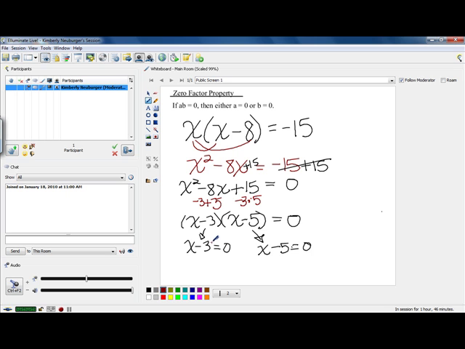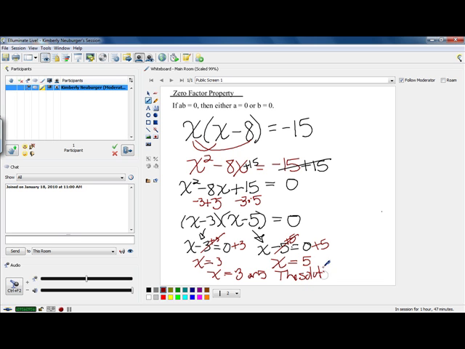If I look at my first one, I'm going to add 3 to both sides, and x ends up being 3. This is one possible solution. The other possible solution is going to be solving this by adding 5 to both sides, which makes x equal 5. So x can either be 3 or it can be 5. That means if we take either of those numbers and plug it back into the original equation, it should give us a true statement. Oftentimes you will actually write your answer out as a solution, or say in a sentence, saying that the solution